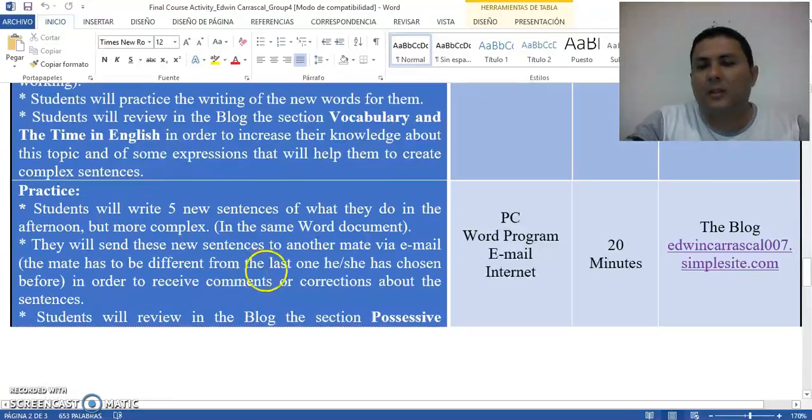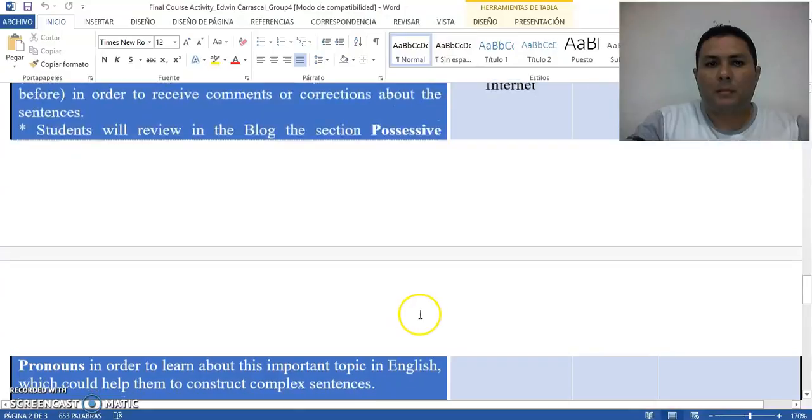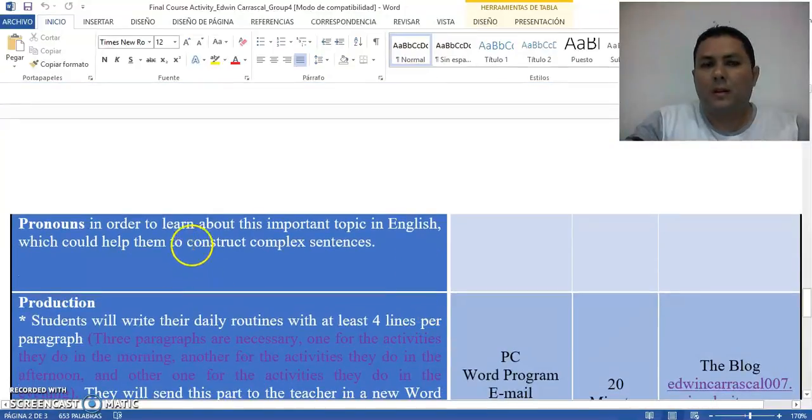And the maid has to be different from the last one she has chosen before, in order to receive comments or correction about the sources. And a student will review in the blog the section possessive pronouns in order to learn about this important topic in English, which could help them to construct